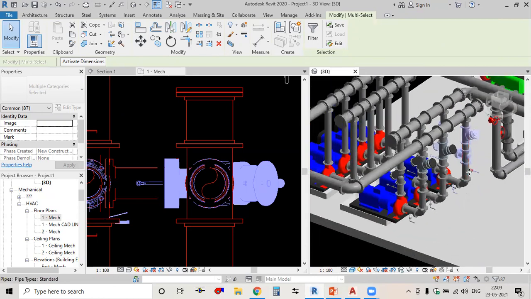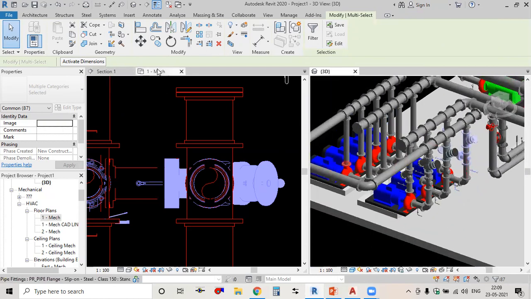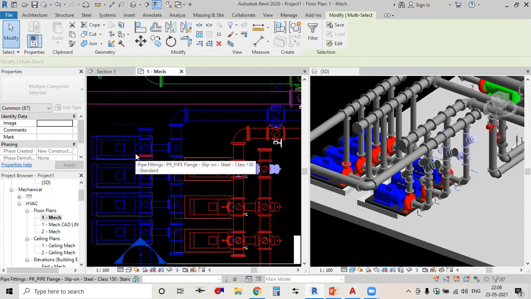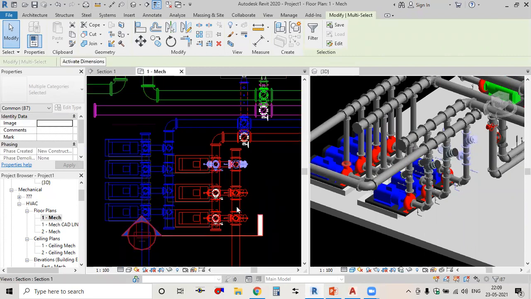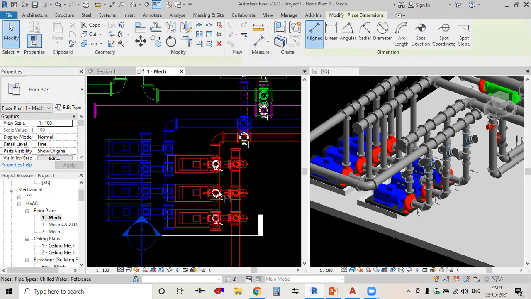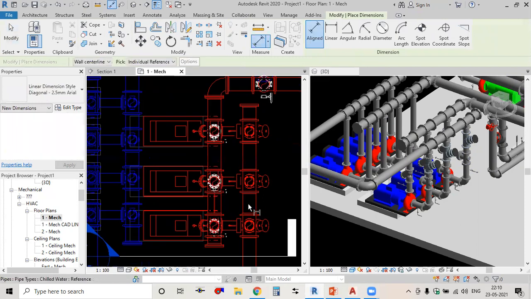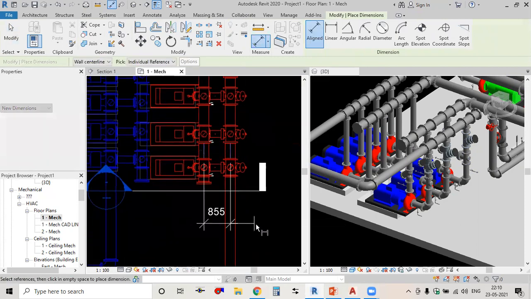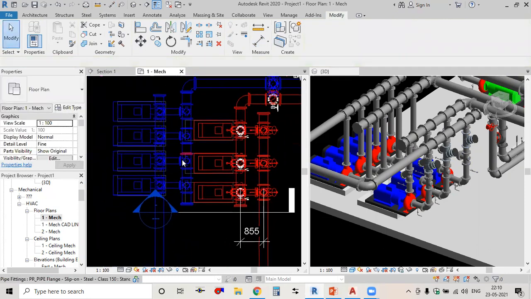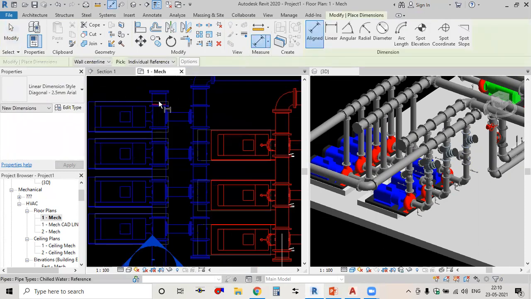Okay. Now these we have done for the primary pumps. Okay, same will be doing for the secondary pumps also. But before doing for the secondary pumps, make sure the distance between these two pipes is same. Okay. When you select this pipe and this pipe, how much distance is it? 855. So it should be 855 between these two.